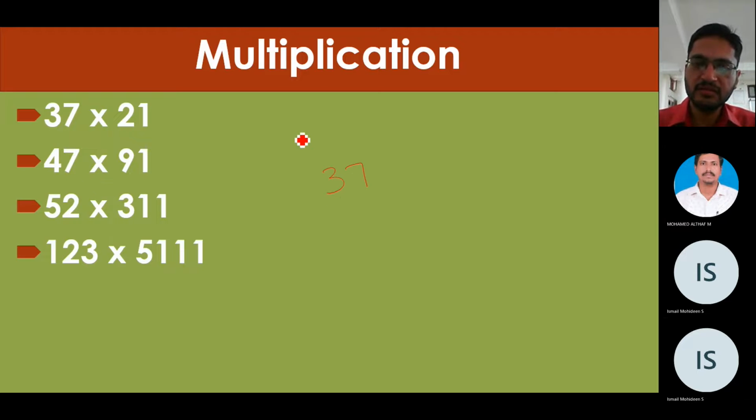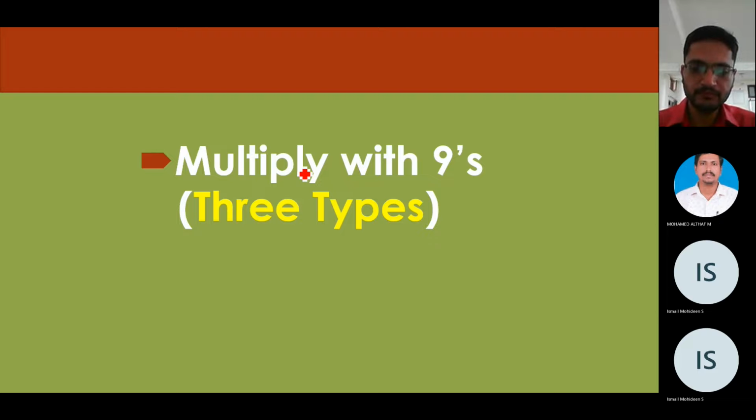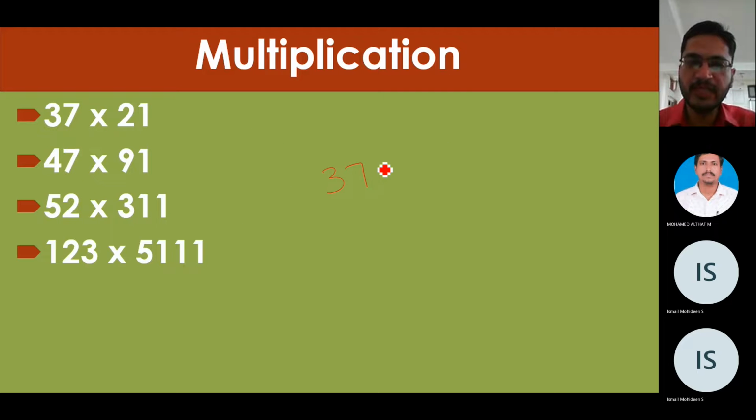Now we are to multiply 37 with the 12. There is a mistake here. It is not 21, it is 12. Now 37, because it is a 2-digit number, I will write 0 in the last and 0 in the first. Again, because it is 2 digits, I will make pairs of 2 digits, 70, 37, 03.